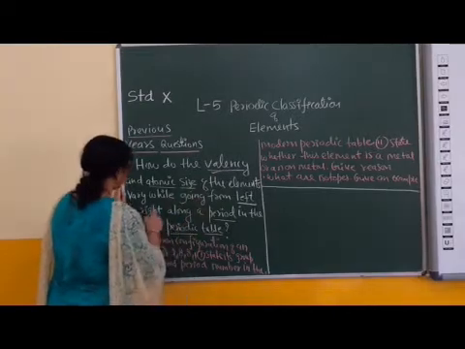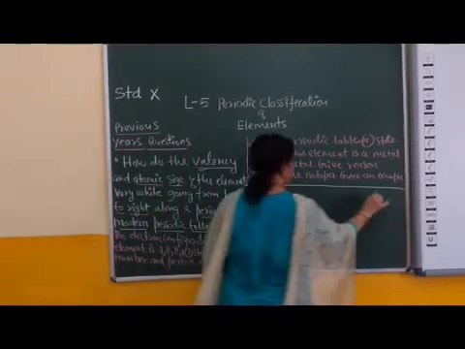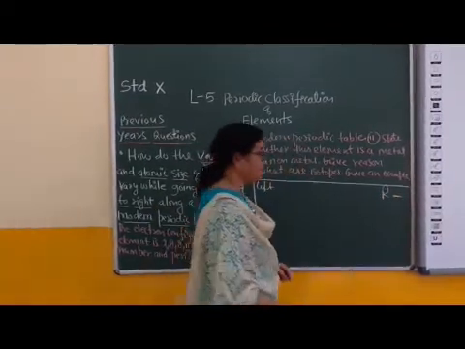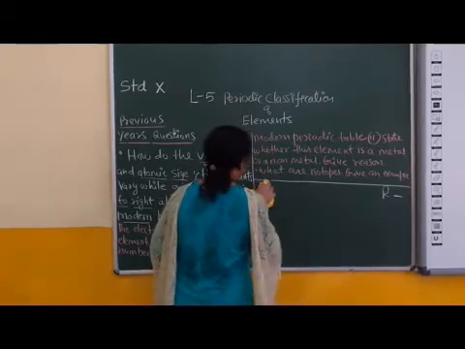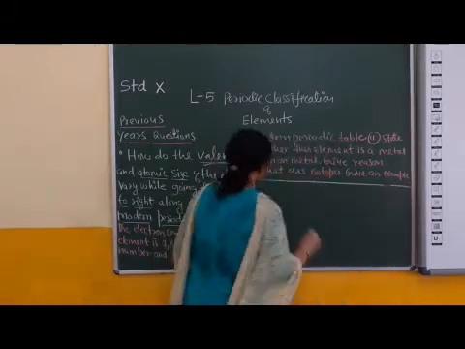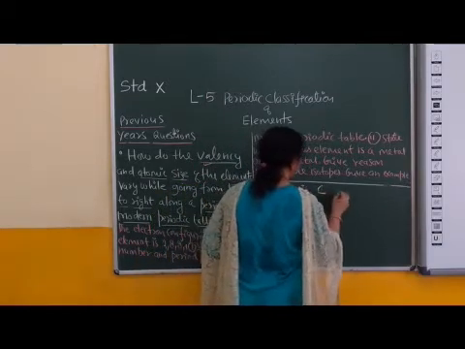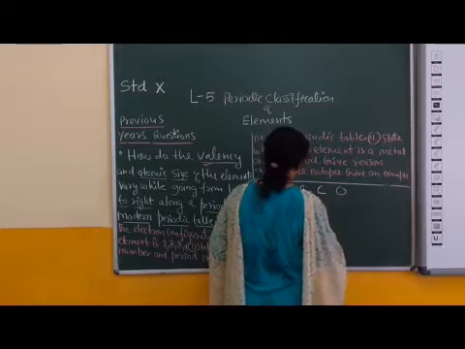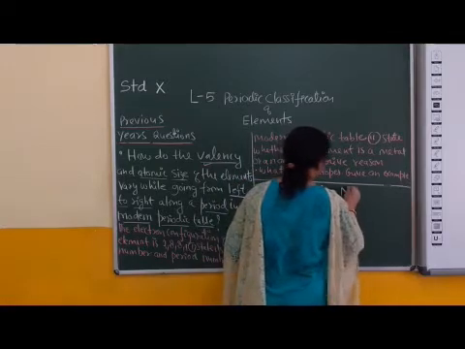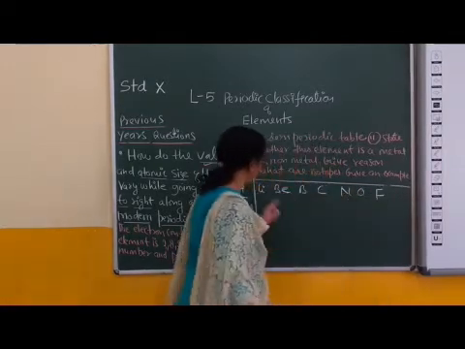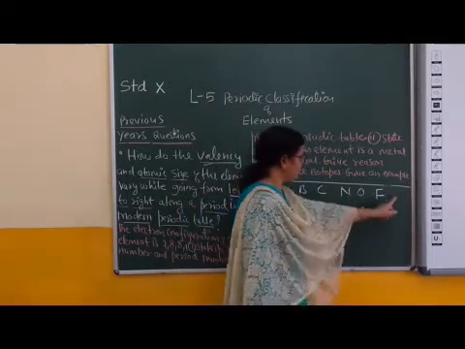And the trend is the same from left to right. From left to right, atomic size decreases. Okay, I am writing the same elements, children, from lithium to fluorine. Direction is from left to right. Lithium, beryllium, boron, carbon, nitrogen, oxygen, fluorine, right? Atomic numbers 3, 4, 5, 6, 7, 8, 9. In terms of atomic number, last is neon.